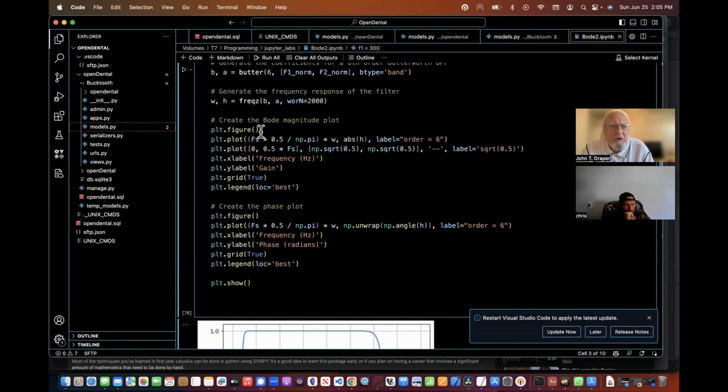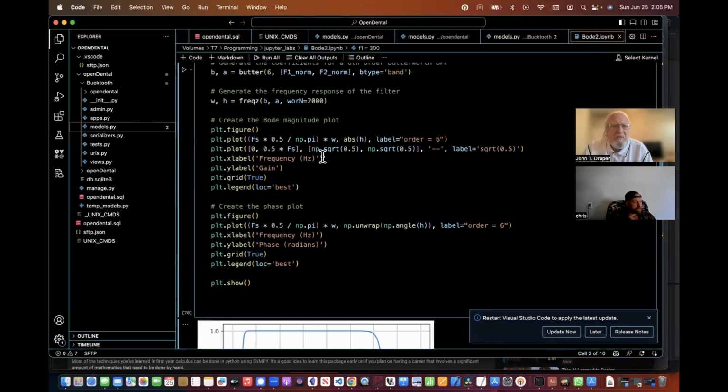So we have a figure, and then we do the plot, and you're computing the FS, and you're doing the plot with the order of 6. Okay, again, this was generated by ChatGPT, and I'm a little bit confused. Like I said, man, math is my weak spot. But if you want to go over it, you can. I will provide you the source code in the bottom of the description of the actual code.